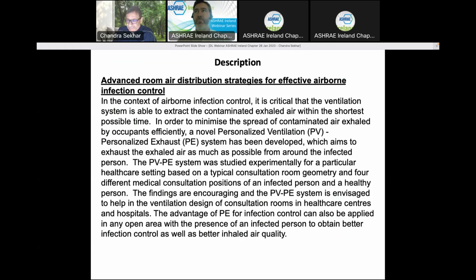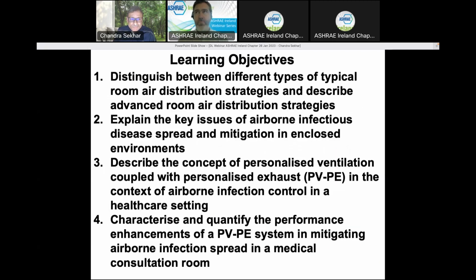I'm not going to read everything that you see on the slide. This is a description of what this talk is about, if you want to get everything in one abstract form. I have a few learning objectives that I have presented here. I will start with a little bit of backdrop about where we are in this COVID-19 pandemic in today's context, the evolution of it in the last 3 years. That's setting the scene, specifically from the perspective of airborne transmission.